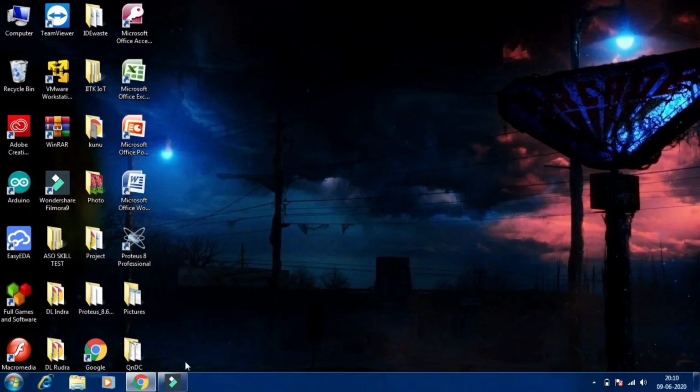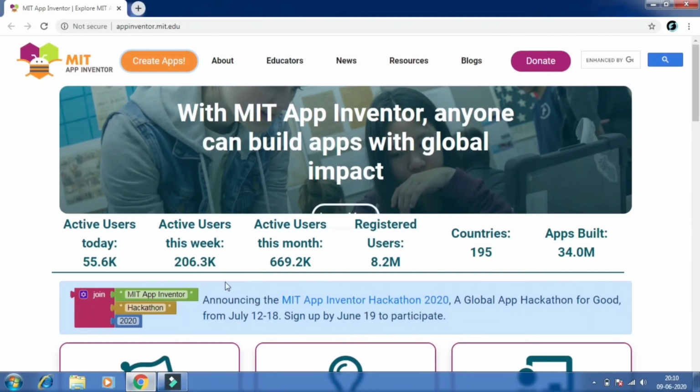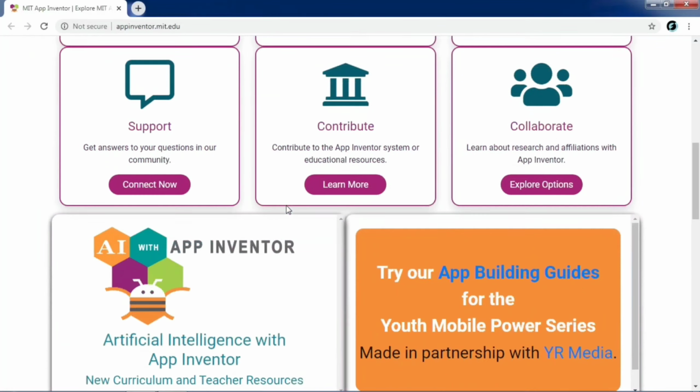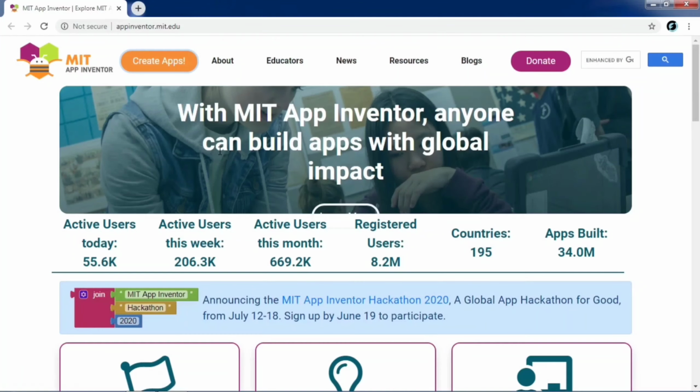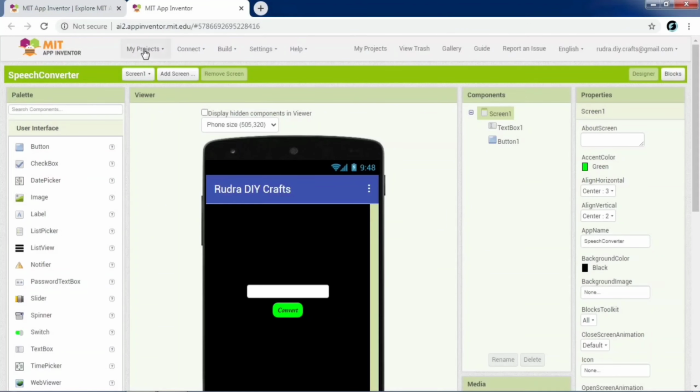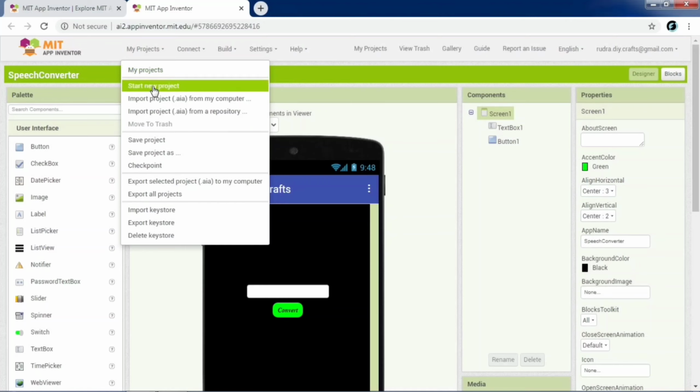For that we need to open Google Chrome, and this is the website called MIT App Inventor. You can check out this website, link in the description below. Here we can create applications very easily. Now click on create apps, and as you can see there are already many apps that I have made. It will automatically open the first application I tried making, but we have to create another one. So start new project, and project name